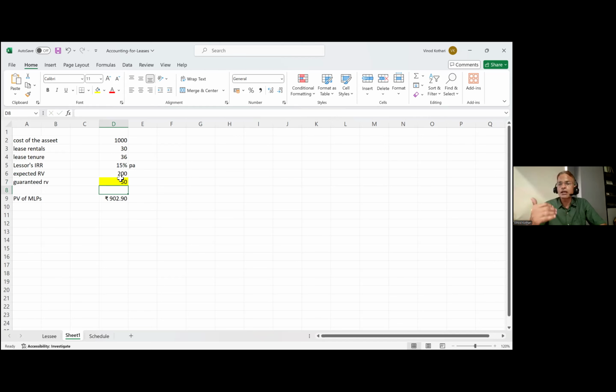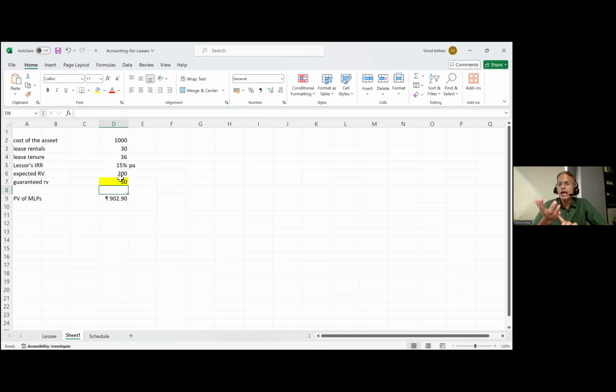Because now the lease has become a financial lease, with the 50 rupees guaranteed, I'm able to recover as much as 90.29%, roughly 90%, by way of guaranteed or minimum lease payments. And therefore, my exposure on RV is less than 10%, which is not sufficient to characterize the lease as an operating lease. So that's the characterization of the lease as a financial lease versus operating lease,